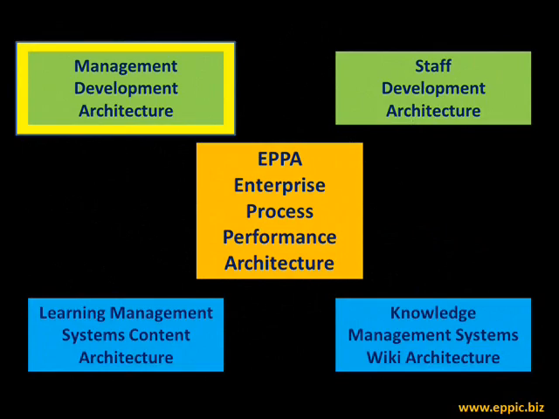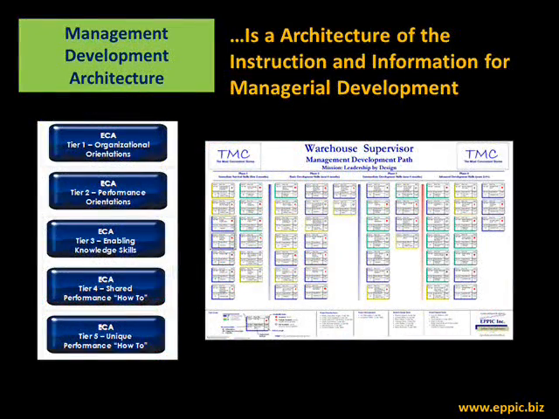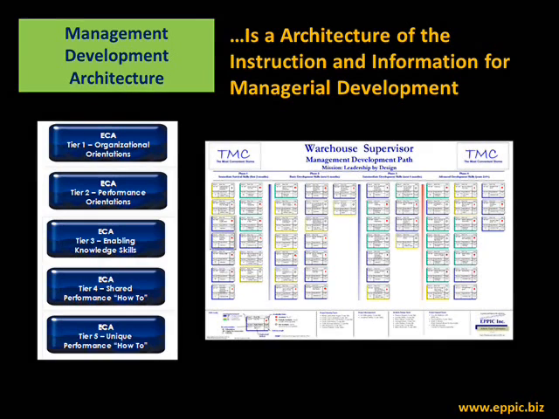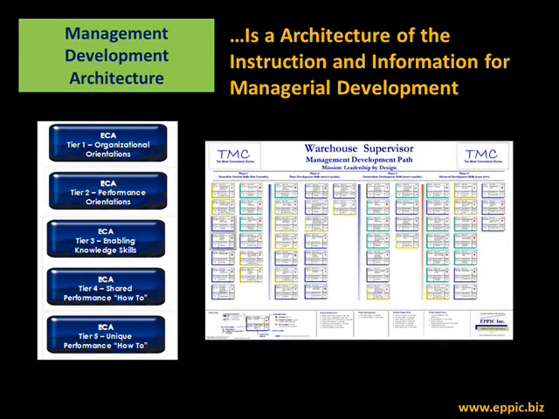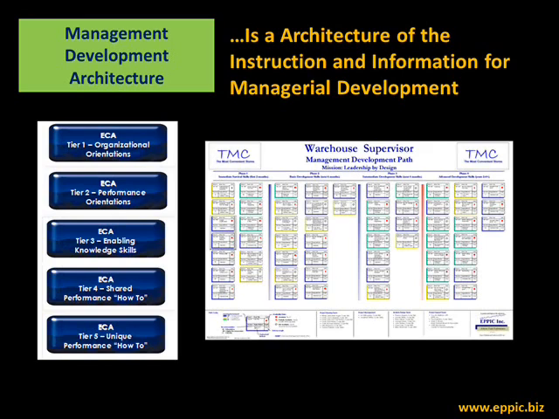Next, let's look at the management development architecture. This path on the right is a development path for a manager, in this case, a warehouse supervisor. The boxes on this path are training and development events or learning events or whatever you want to call them, but they are modular events. And the modules that are pulled together like building blocks to build an event come from a 5-tier content architecture